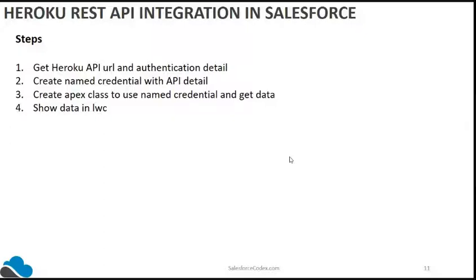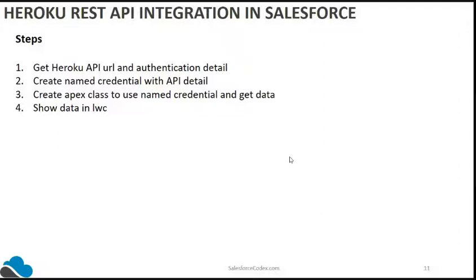We can go without a named credential also. We can directly use our REST API URL in our Apex code. But I always prefer to go with a named credential because it helps with authentication, and you can also avoid the remote site setting. It also helps if you change the URL at a later stage. If instead of this API you want to connect to another API or another version of this API, we just need to change the URL in our named credential. No code change is required. That's why I prefer the named credential.